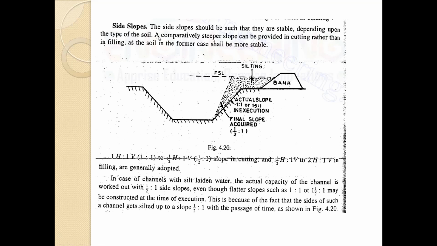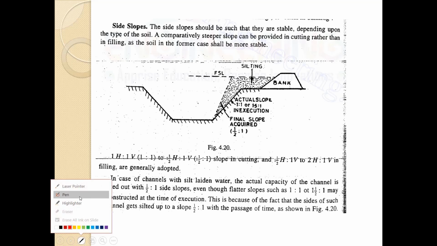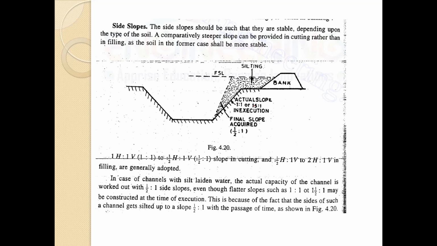A comparatively steeper slope can be provided in cutting rather than filling, as the soil in the former case shall be more stable. So here you can see, this is the FSL, this is the silting, and this is the actual slope, that is 1:1 or 1.5 to 1. So the final slope acquired is this, half is to 1, and this is the bank. So here you can see, one horizontal, one vertical